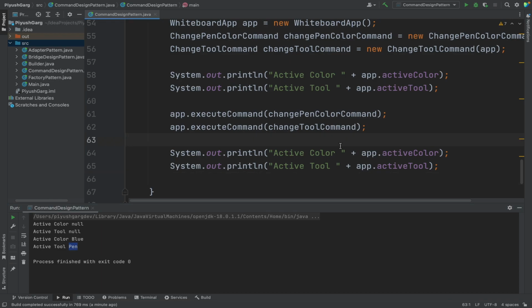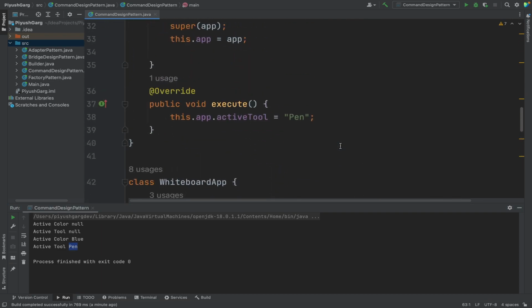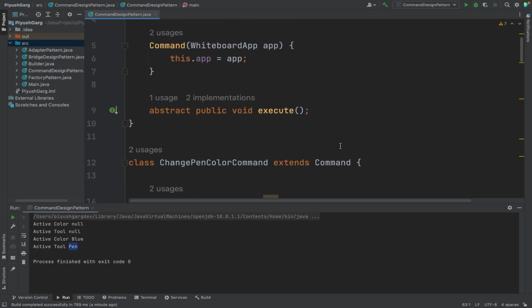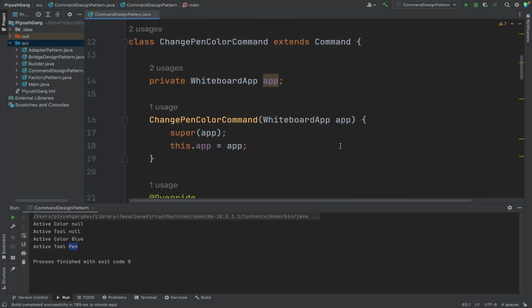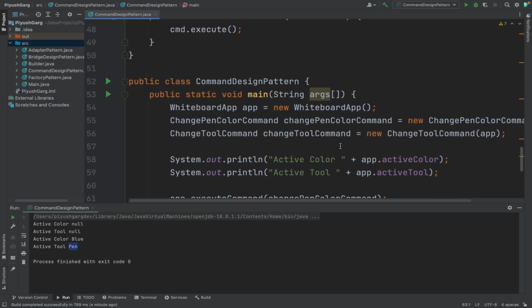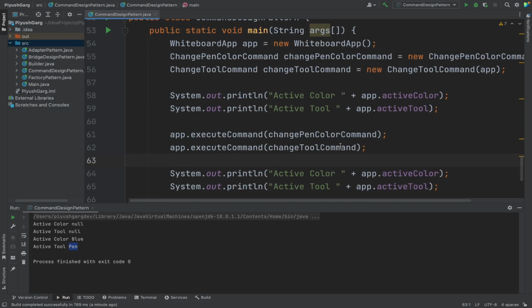So that's how you use the command design pattern, in which you make multiple classes, one for each command, and then you have an application, and that application can accept a command, and based on that command some action is performed. So this was all about the command design pattern,